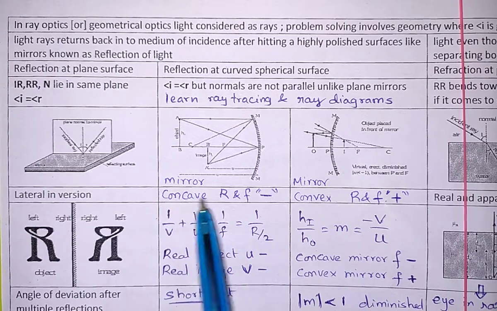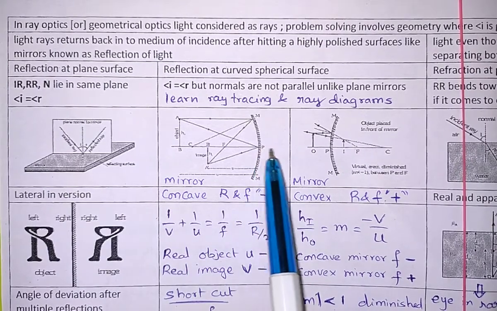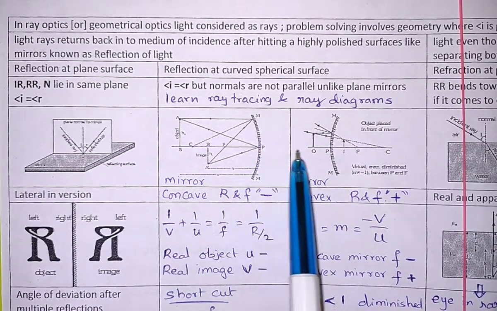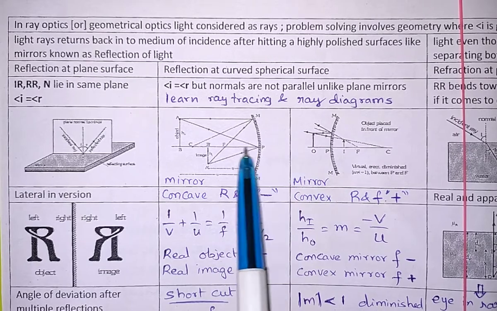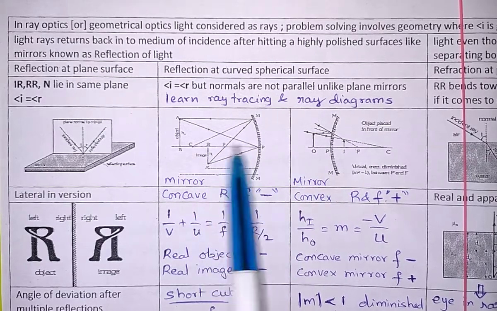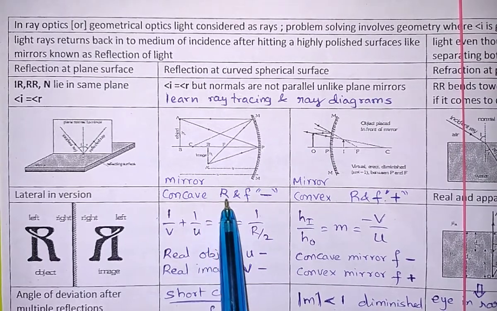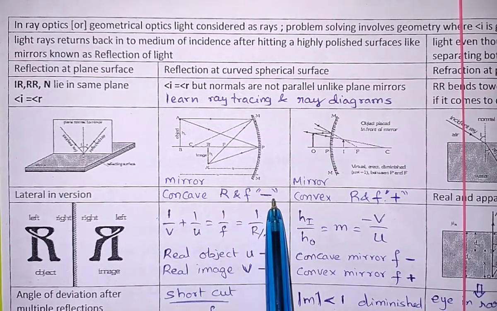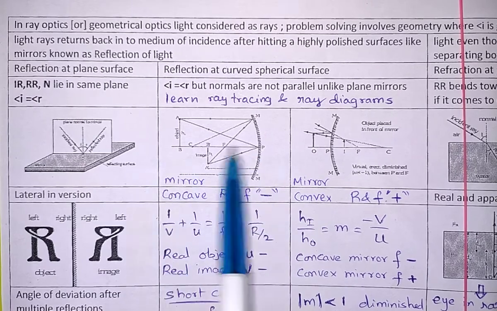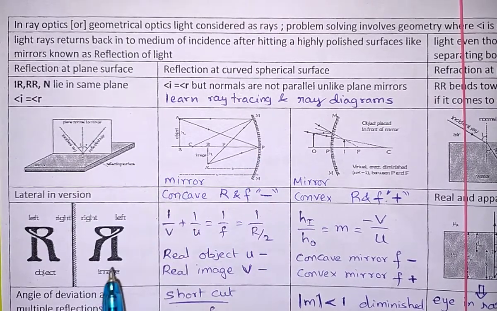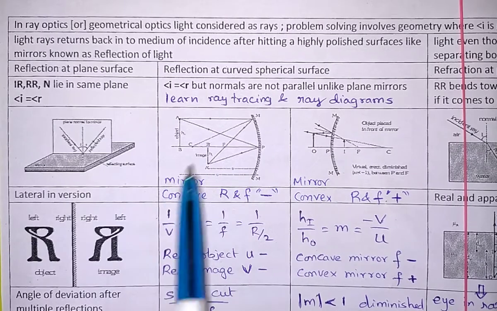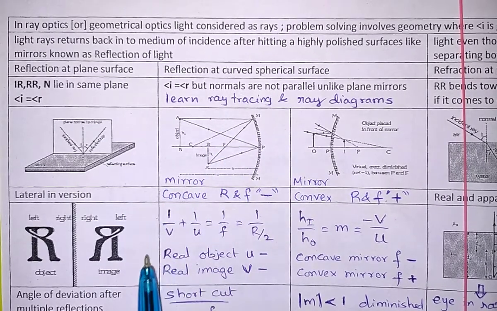So for a concave mirror, from the pole we make the measurement in the direction of the incident ray. Right side distances are positive, but all the distances we measure are towards the left. Focal length is towards the left, center of curvature is towards the left. So in that context, R and F, radius of curvature and focal length, are negative. U on the left side is negative, V on the left side is negative. They are real. If you get any image on the right hand side or the back side of the mirror, that we call virtual.